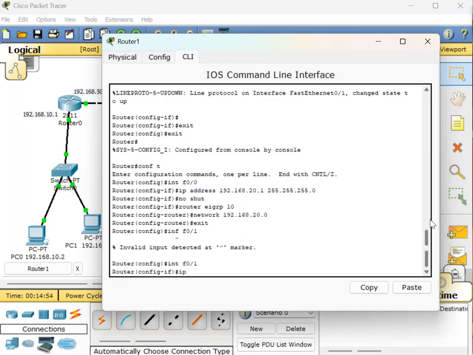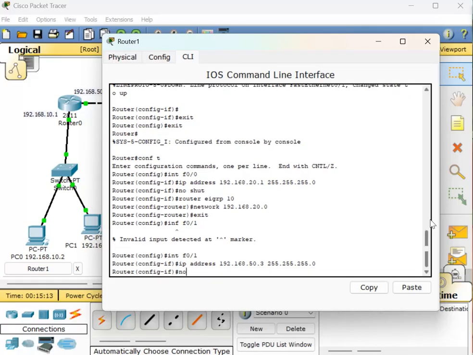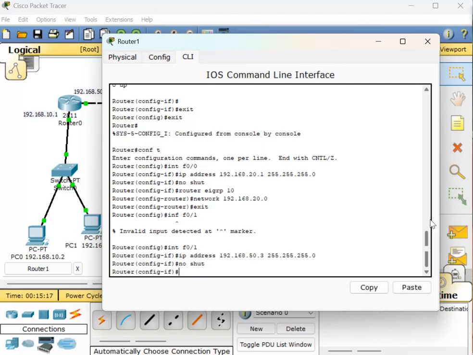Now the IP address for the 0/1 network is 192.168.50.3, right? 50.3 with subnet mask 255.255.255.0. Then just give the command no shut. Clear? Then the same configuration that we have done for the first router, the same you have to repeat over here. So router